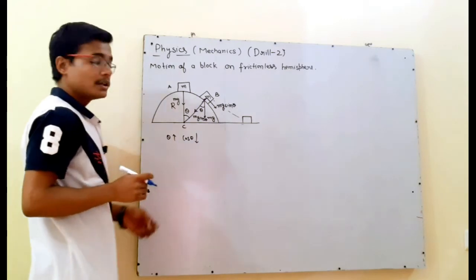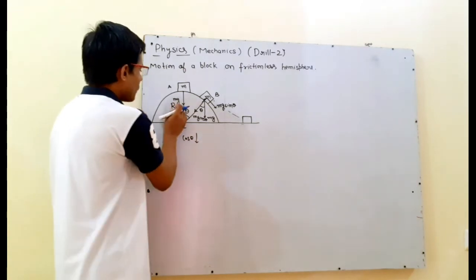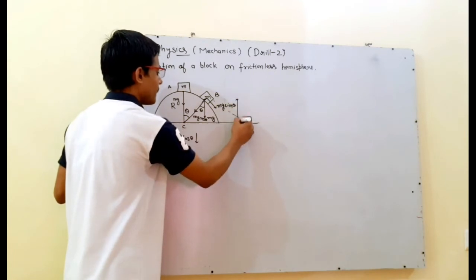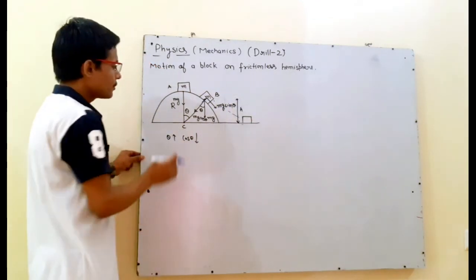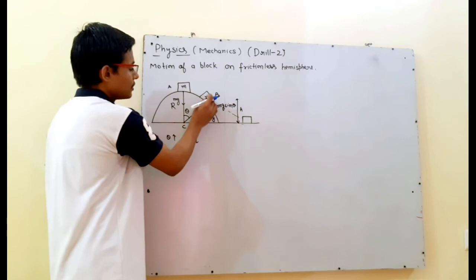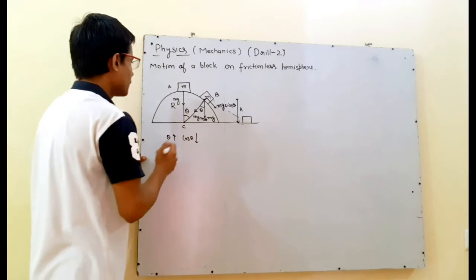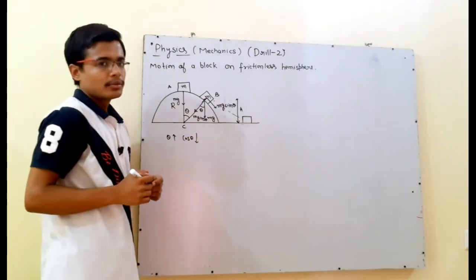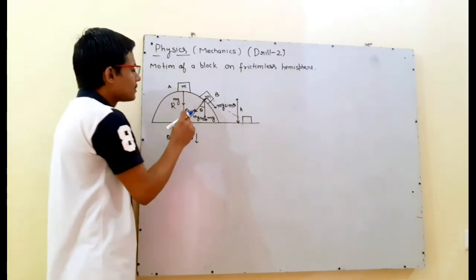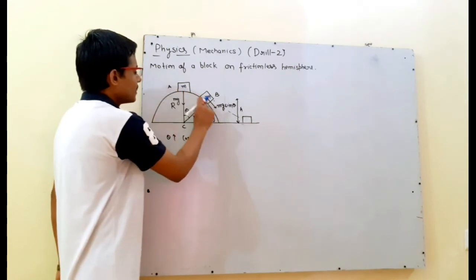So we are going to find a relationship between r and this height h. Suppose this height is h from the bottom. We are going to find a relation between h and r when the block leaves contact with the hemisphere surface. So what can we write down? Just simply, you have to use energy conservation. We will conserve the energy at point A and at point B.